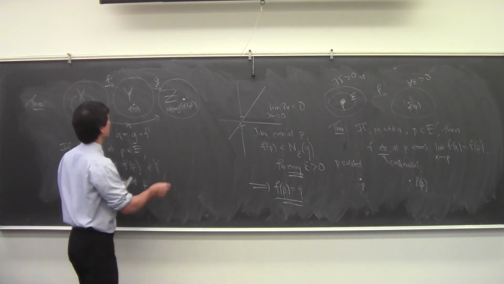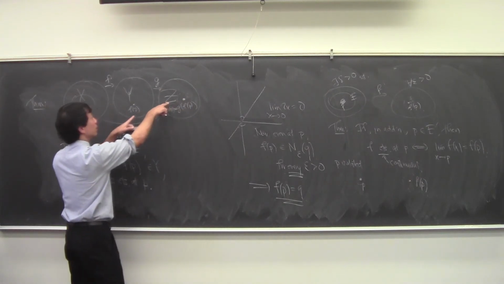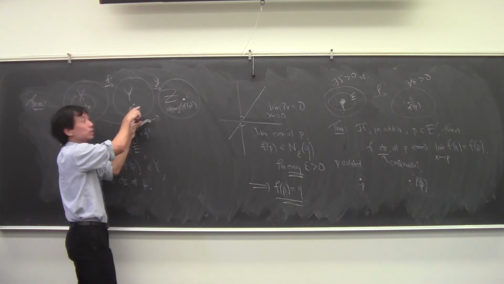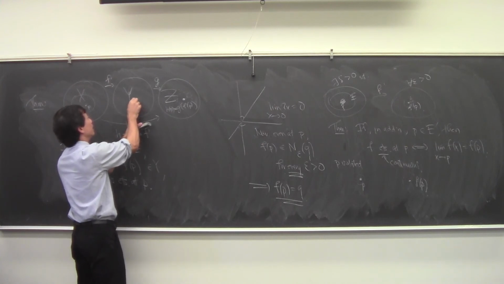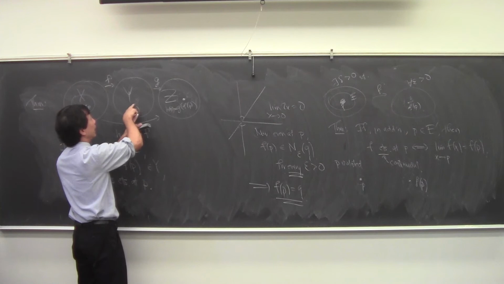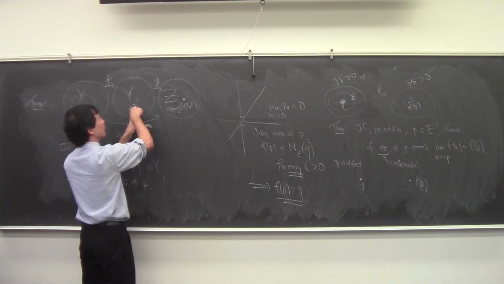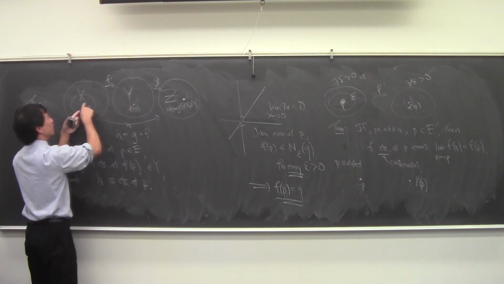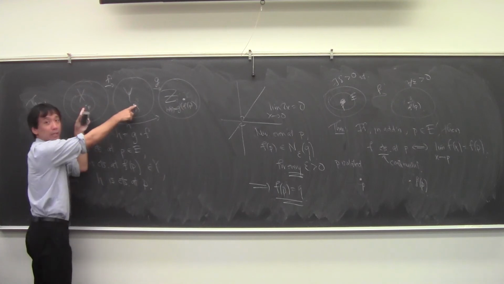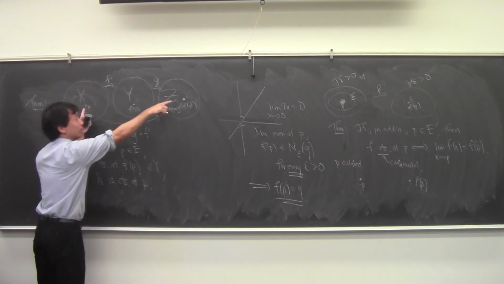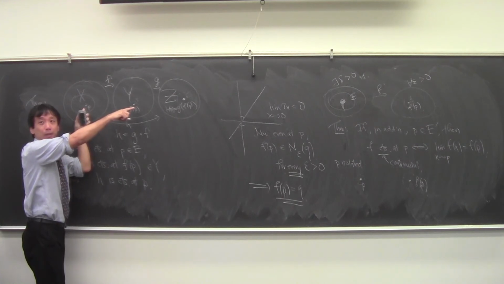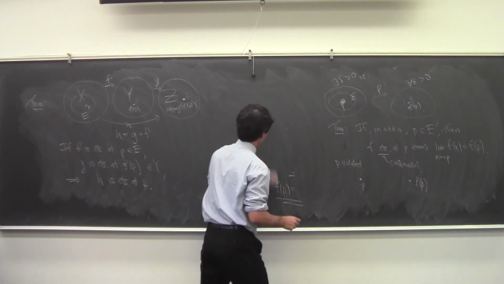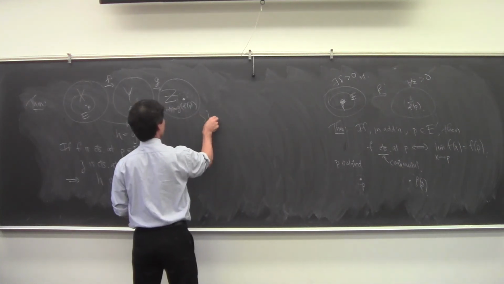So here's the epsilon. We know that G is continuous at F of P. So we know that there's some intermediate radius, which I'll call eta, so that G maps this neighborhood into there. F is continuous at P, so I know that there's some neighborhood of P that F maps into the eta neighborhood. And so the composition is going to map into the epsilon neighborhood. That's the idea. So you just write it out, and so the sketch is like this.